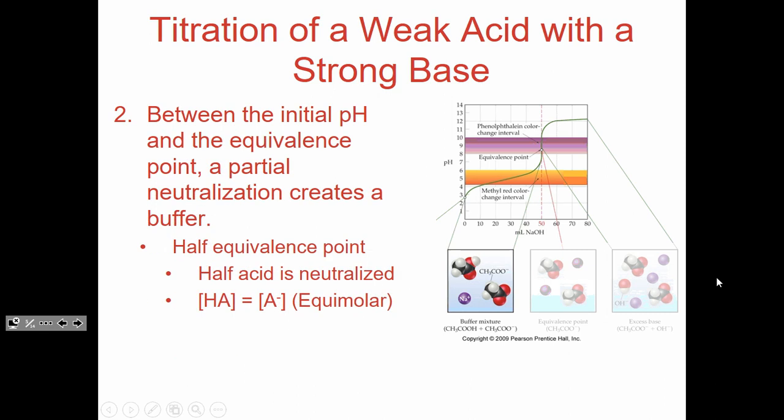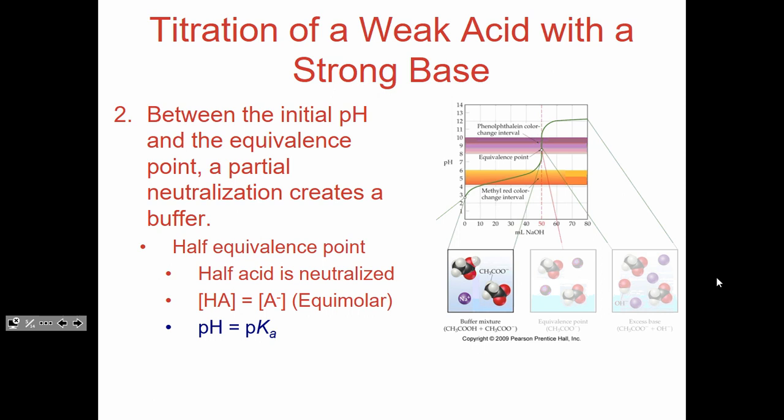Now, one important area in this part of the titration is what's called the half equivalence point. Halfway between the starting and the equivalence point, we have a very special situation when we've perfectly neutralized half of our weak acid into its conjugate base. So we've half neutralized our weak acid, and we've got an equimolar buffer situation. And remember, in an equimolar buffer situation, we know the pH equals the pKa. So whatever the Ka of our weak acid is, the negative log of that would give us a point that